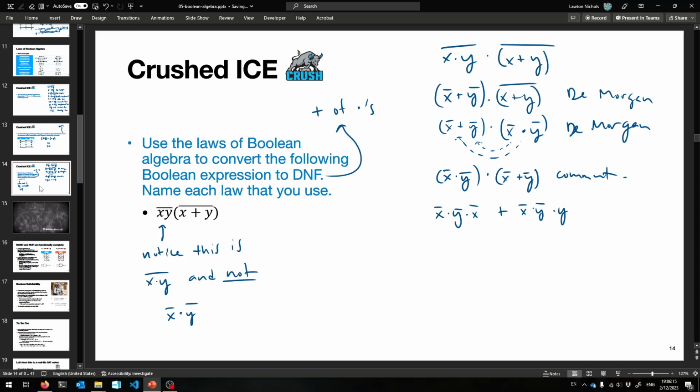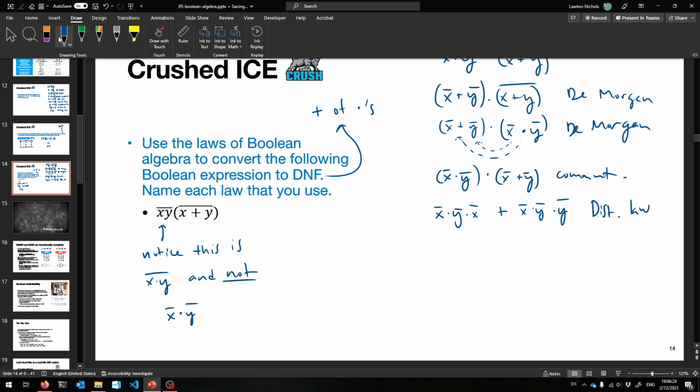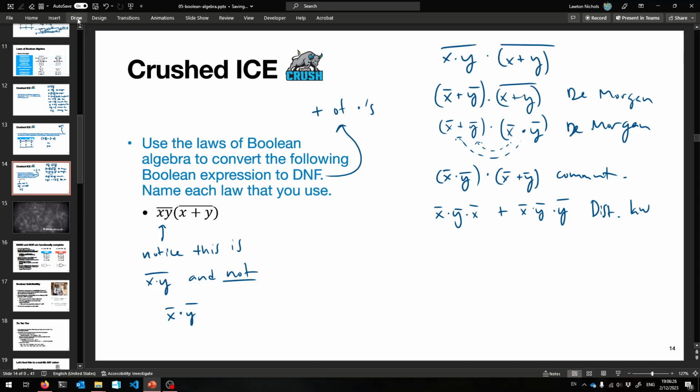ANDed with y bar, cool, and that's another distributive law. Or that's the first distributive law for this example at least. And notice that now we have some minterms, so a bunch of multiplications, and then an OR in the outermost spot. So this is technically in DNF right now, so technically you could stop here,